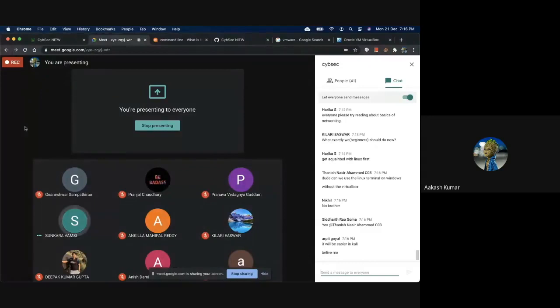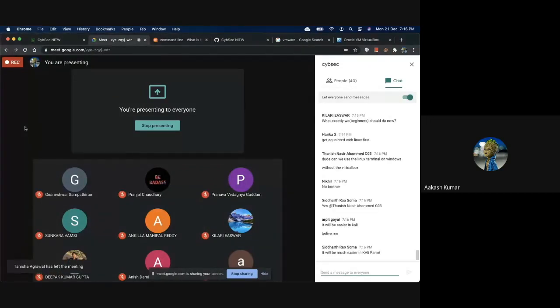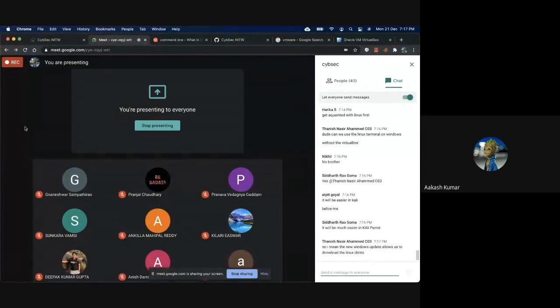Also, most of the web servers in the corporate world and companies work on Linux only, and in Windows you might get some problems with PowerShell or CMD, so it's not recommended. Also, it's not recommended to use it on your host machine, because if something bad happens, you may lose your whole drive.